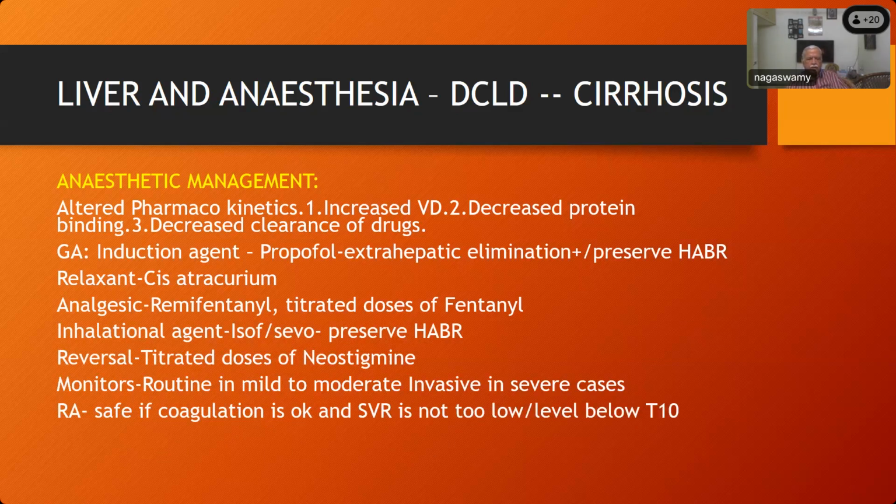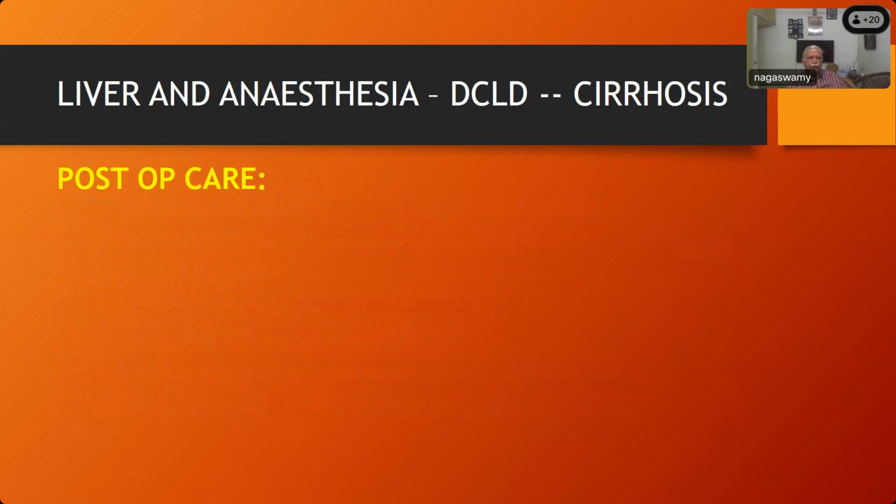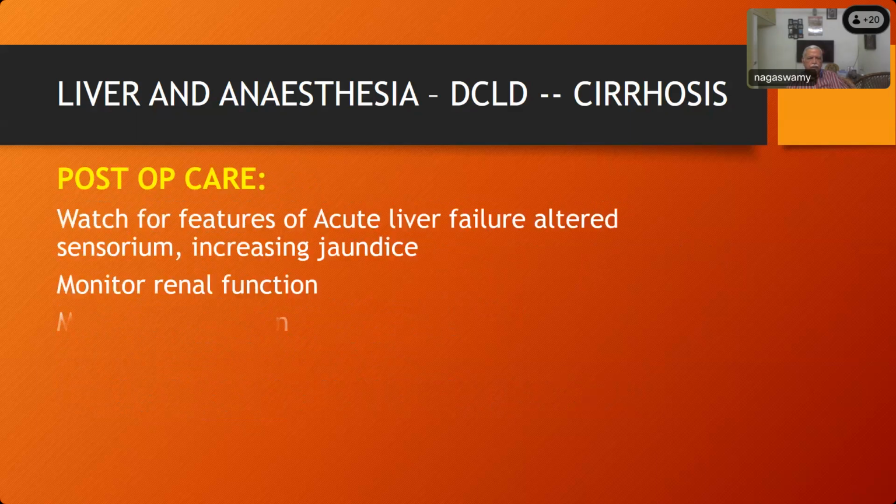And regional is safe if coagulation is okay and SVR is not too low, and the level should be below T10. Post-op care: watch for features of acute liver failure, altered sensorium, increasing jaundice, monitor renal function, monitor coagulation, avoid